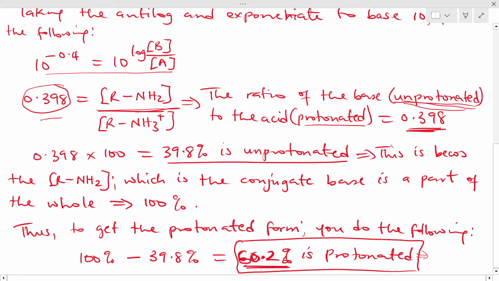So we move right along to the next question, which says how many grams